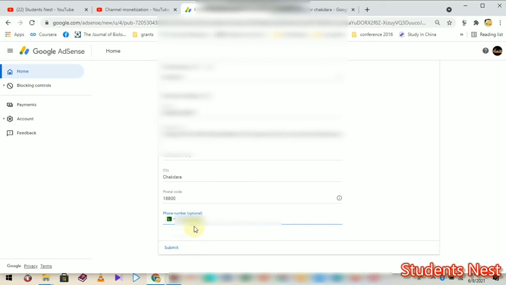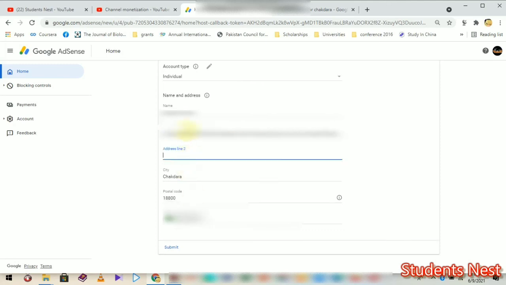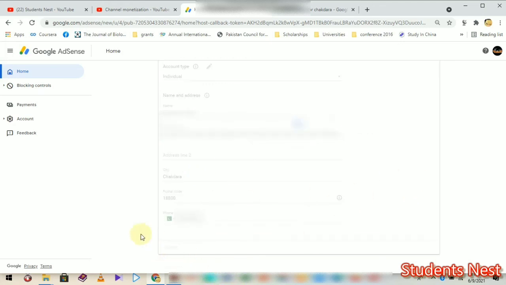After completing all the sections, it is strongly recommended to proofread all the filled sections at least once to avoid any kind of mistakes or inconvenience. While proofreading, scroll down slowly and at the bottom of the page, you will see the submit button. Once you are done proofreading, click on the submit button. After clicking on submit, wait for the page to load.